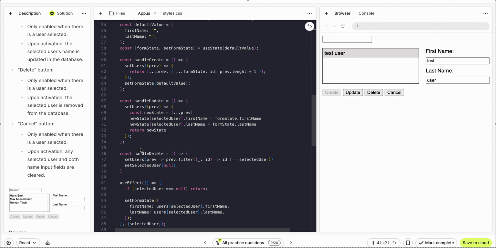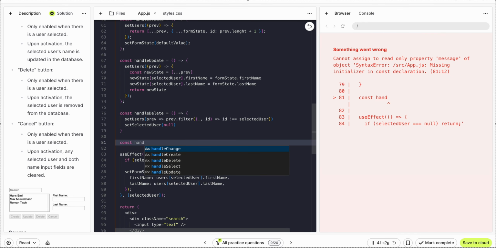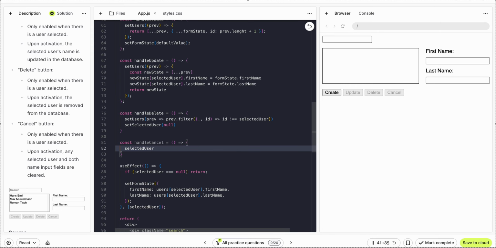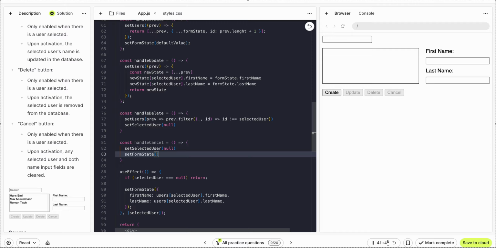Let's handle cancel. There we will set selected user to be null, right? And the form state should be default